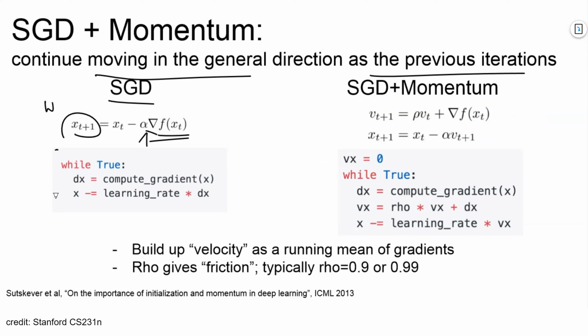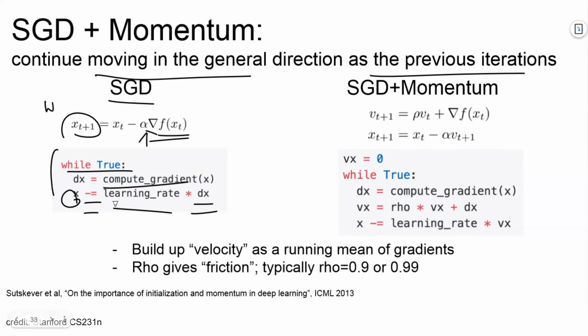The implementation of SGD is like this: until the validation loss stops decreasing, we compute the gradient, multiply the learning rate by the gradient we calculated,